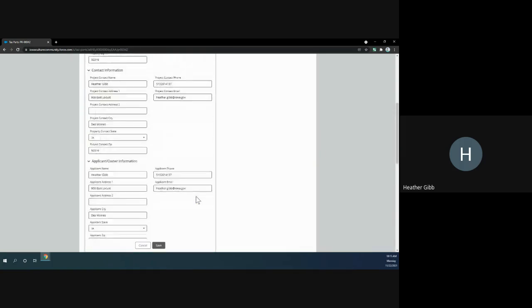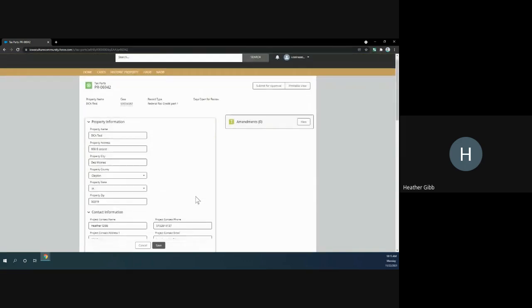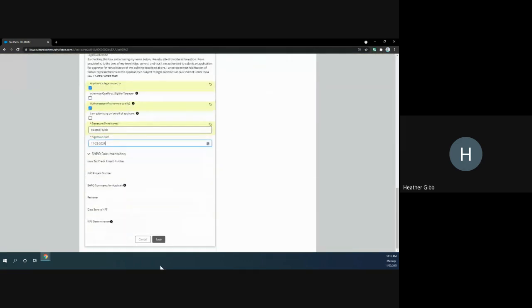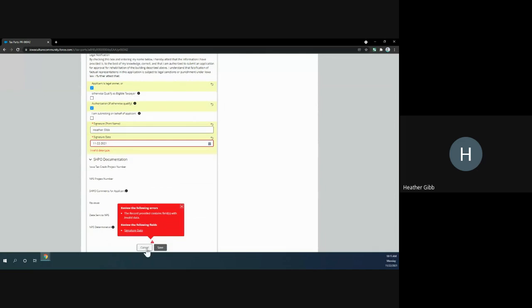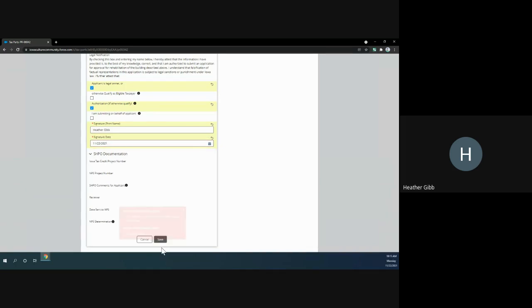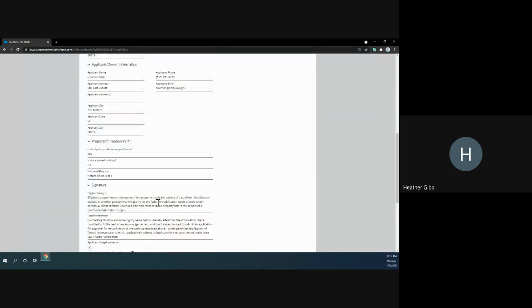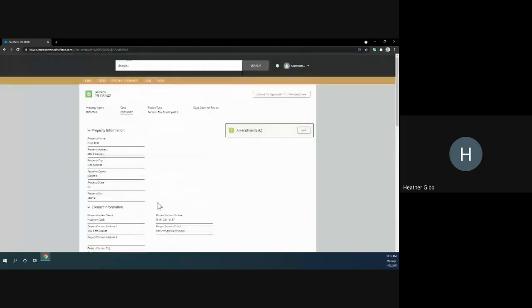So I'm going to scroll up and make sure that I'm happy with everything else, and I am, and I'm going to hit save. Oops, signature date. Well, we're just going to do that then, and hit save. Okay, so this is ready to go, but hitting save does not actually mean that I've submitted this so that it becomes a part of the